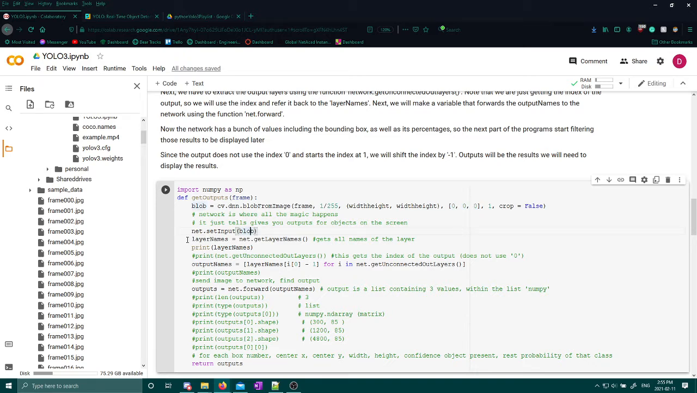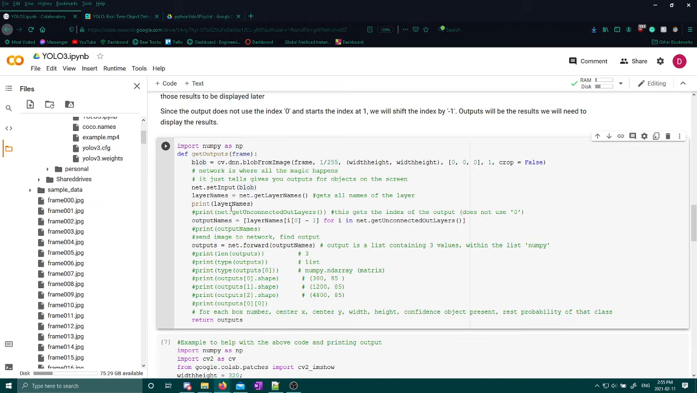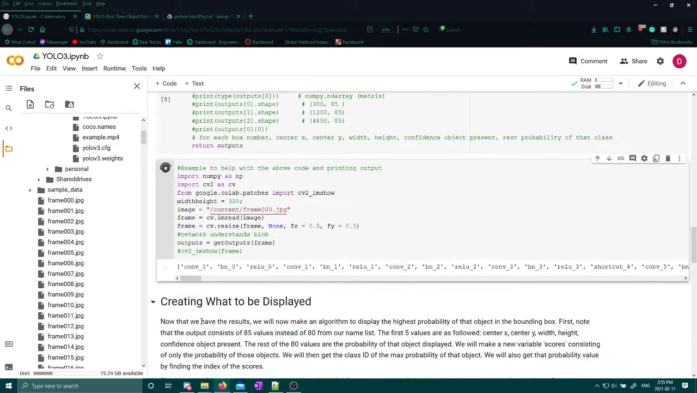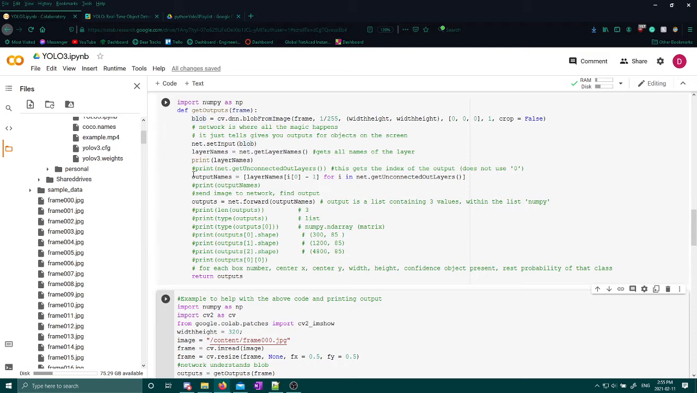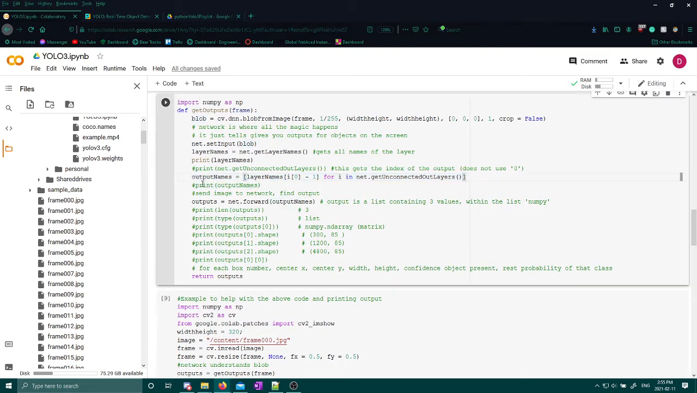We'll also need the layer names of the network. So I'll just print the layer names so you can see the example below. So it just has these names. And we're only interested in the output layers. So this code here gets just the output layers. The net's getUnconnectedOutLayers just gets the indexes of the output layers, and this just gets the outputs. So if I just print here this code,